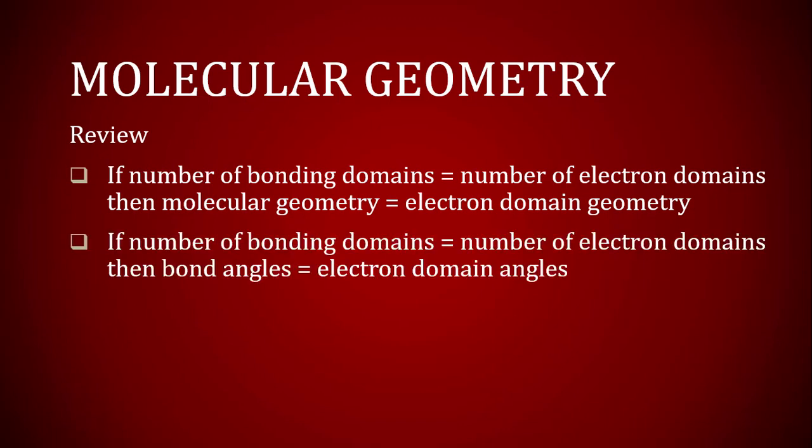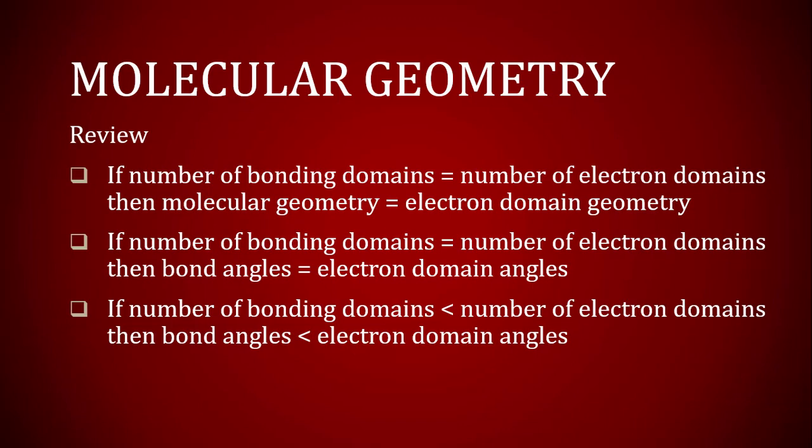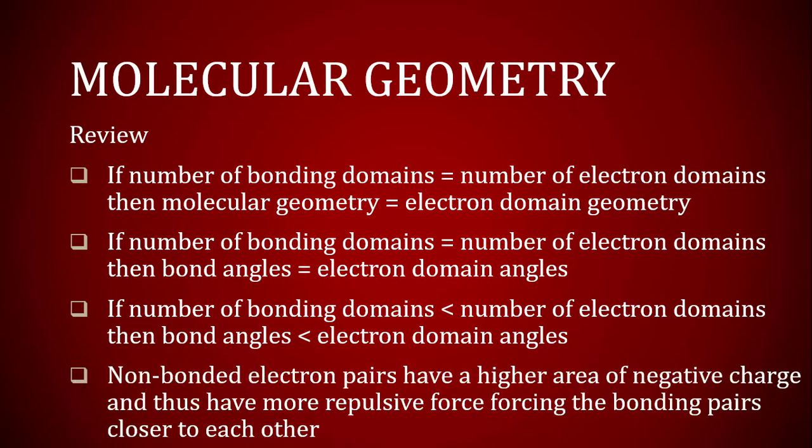If the number of bonding domains is the same as the number of electron domains, then bond angles and electron domain angles are equal. If the number of bonding domains is less than the number of electron domains, then the bond angles will be less than the electron domain angles. And that's because of the increased repulsive force of the non-bonded electron pairs, because they have a higher negative charge